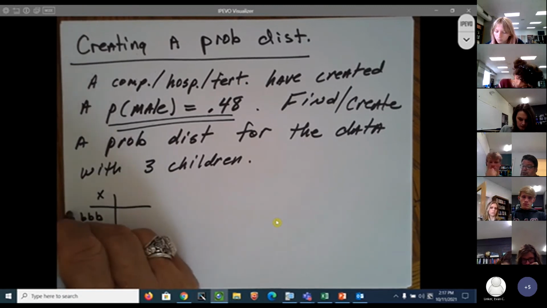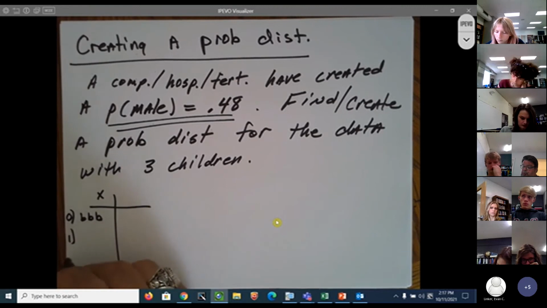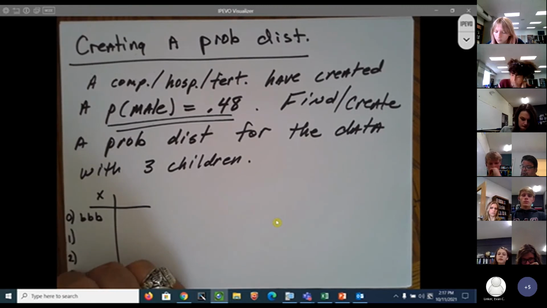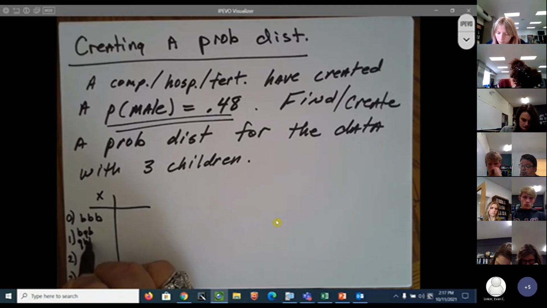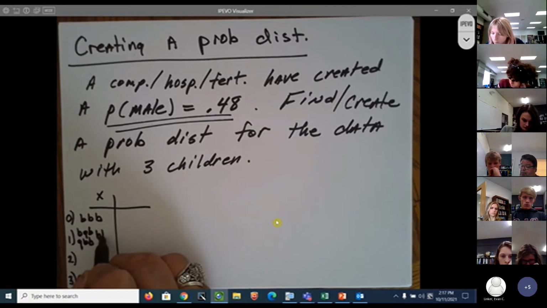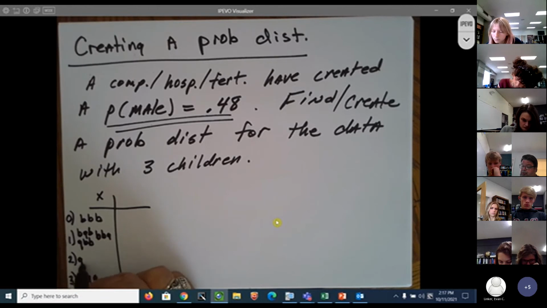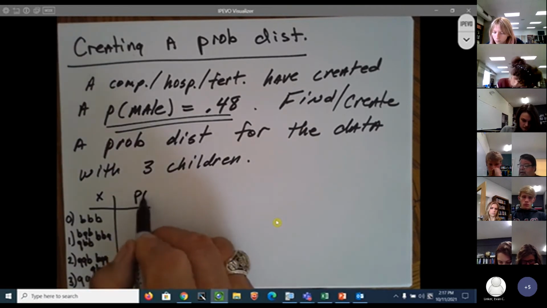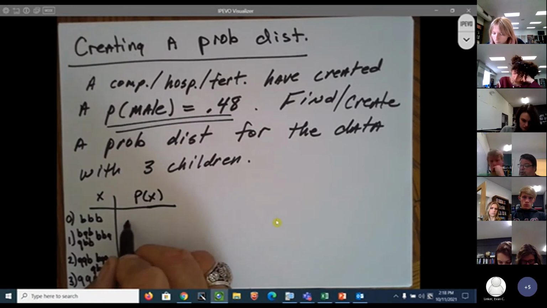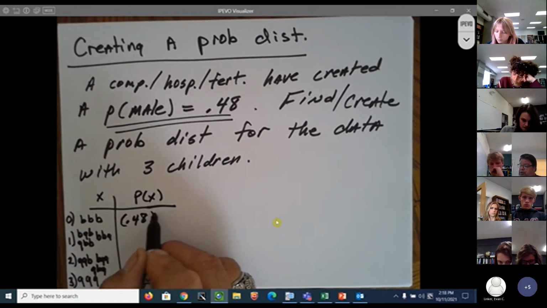This is 0 girls, 1 girl, 2 girls, 3 girls. So boy, let's see, this will be 1 girl: boy, girl, boy, girl, boy, boy, and boy, boy, girl. This will be girl, girl, boy, boy, girl, girl, and girl, boy, girl. And of course, the probability of that happening will be 0.48 to the third power, and you can go ahead